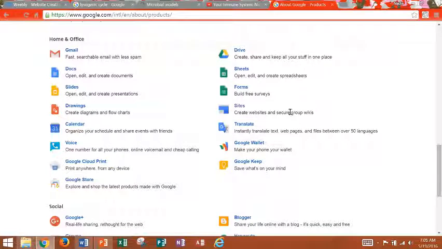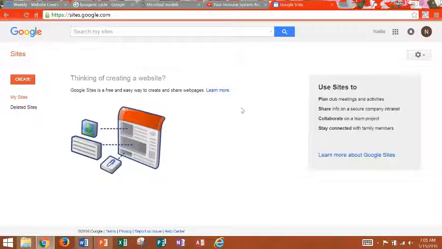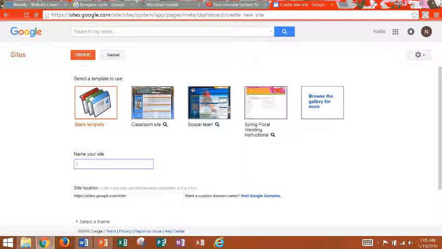Scroll down until you get to Home and Office. Click on the button that says Sites, and once you're here on Sites, you're going to click Create. Make sure you've selected the blank template. Give a name to your site, so I would do the name of your project. So if my project is about HIV, I would say facts about